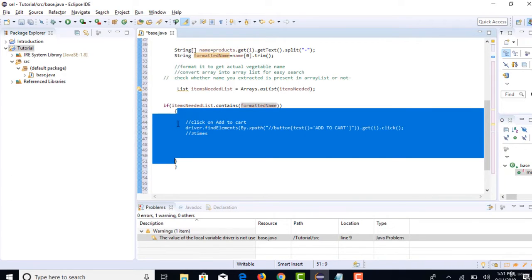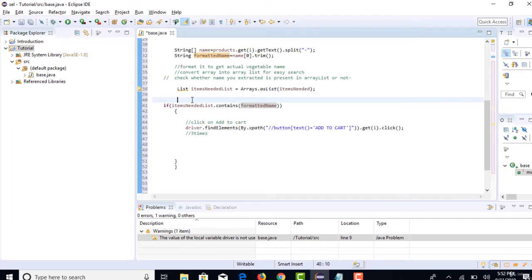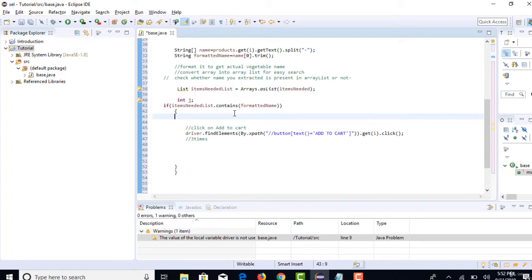One thing we can do is declare one more variable here, int j. Whenever the condition matches, it comes inside, right? So initially j equals 0. Whenever it comes inside, it will be j plus plus.